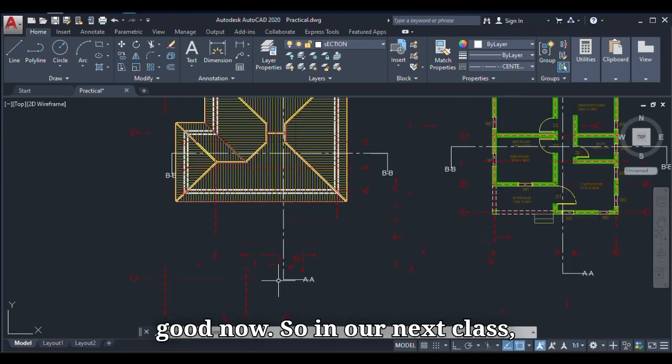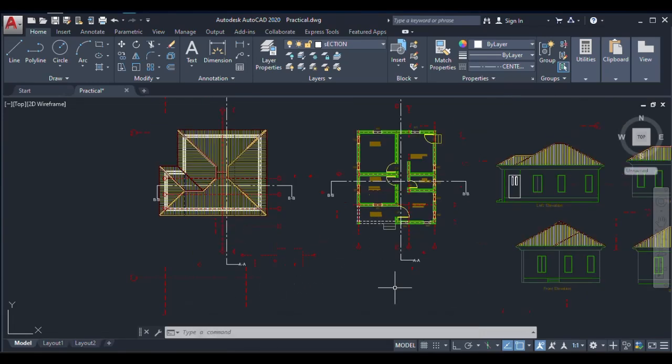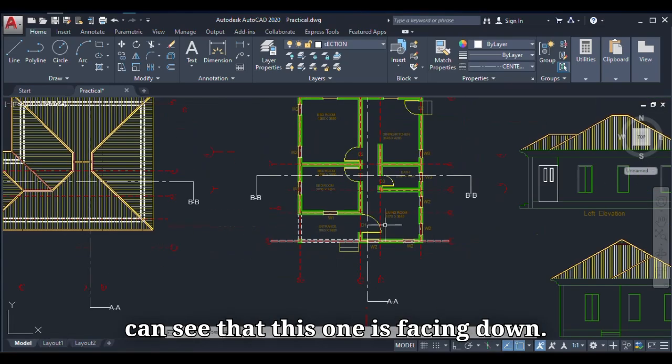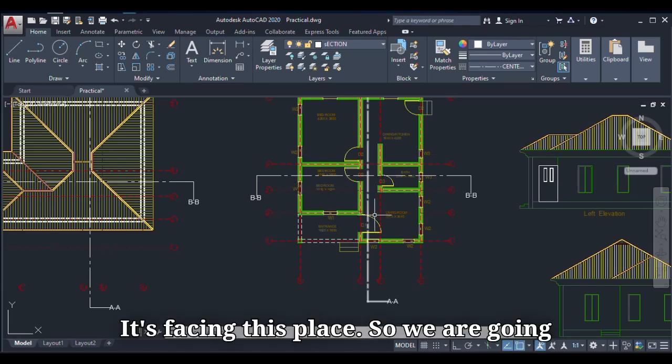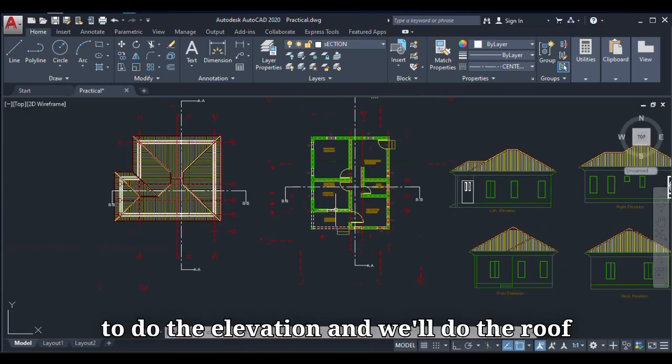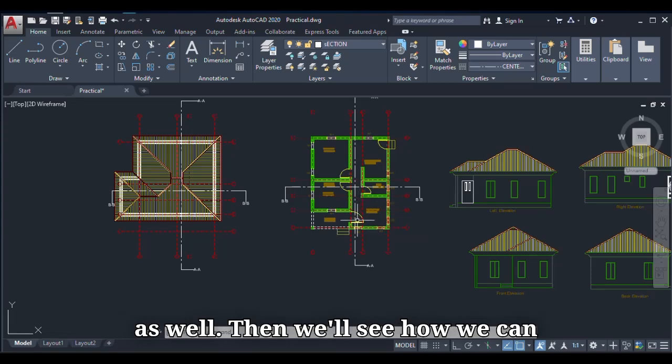So in our next class, what we'll be doing is our section elevation. Okay, so now we can see that this one is facing down, it's facing this place. So we are going to do the elevation and we'll do the roof as well. Then we'll see how we can